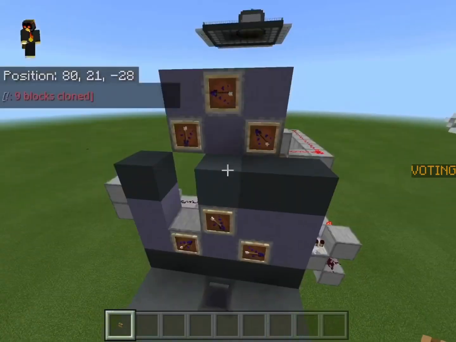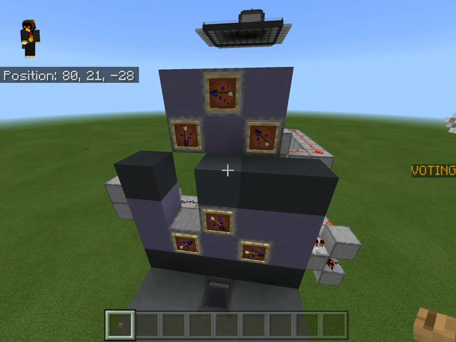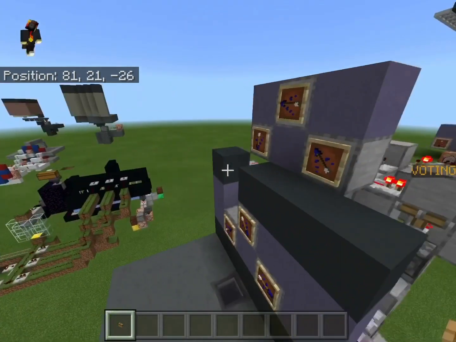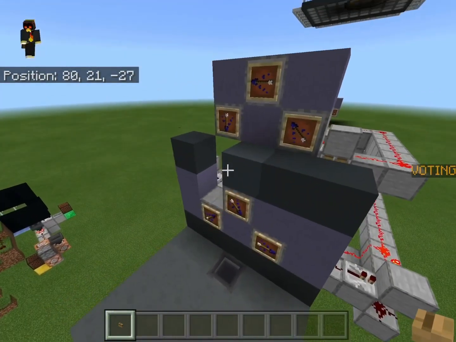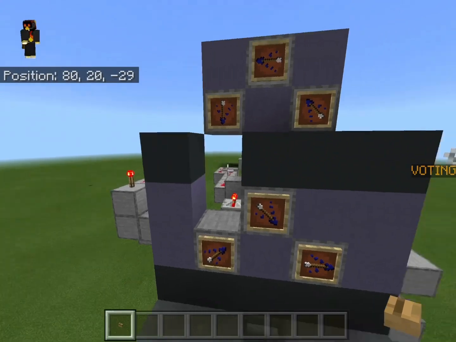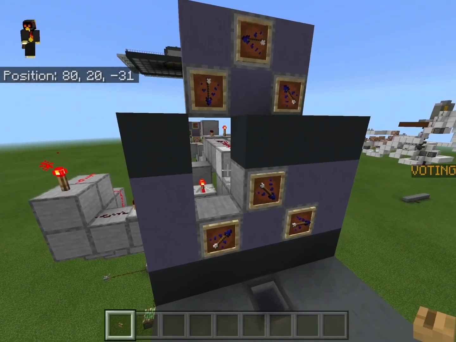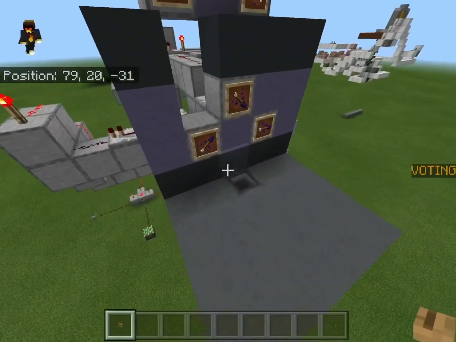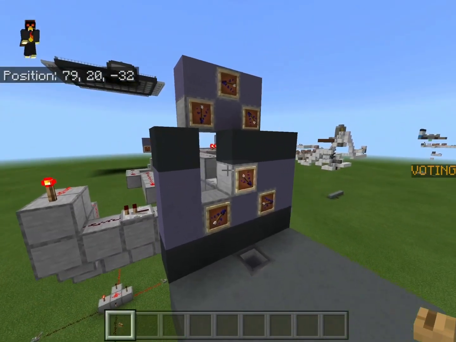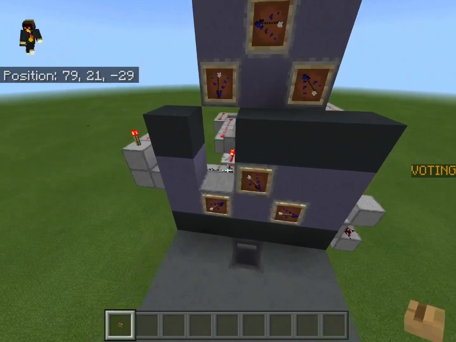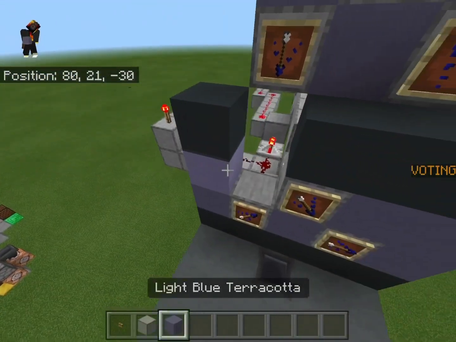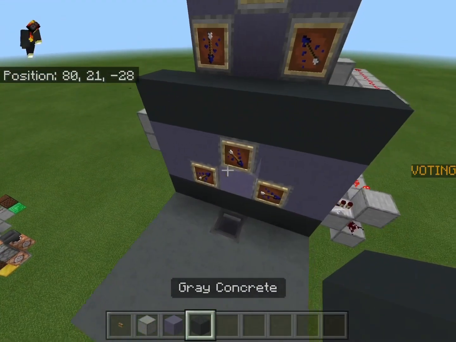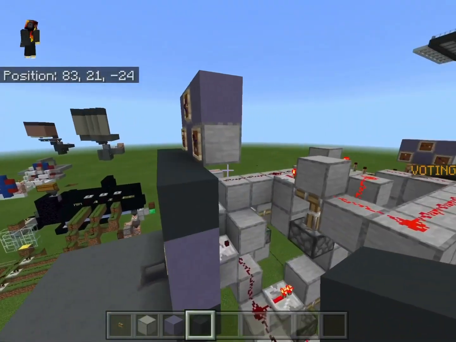So we are going to need to place it, we're going to need to put it, okay, so it needs to be 1, 2, 3 blocks down, I think, 3 blocks down, and 3 blocks down and 1 block forward. Yeah, I think that's it. So I can replace this. 3 blocks down, 1 block forward, so